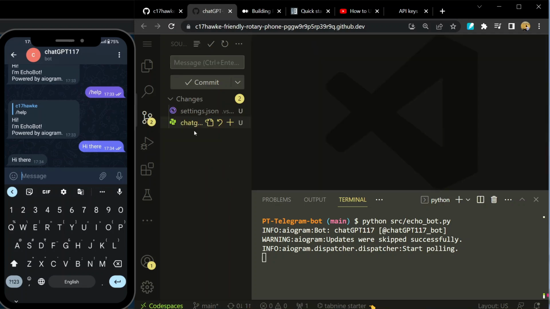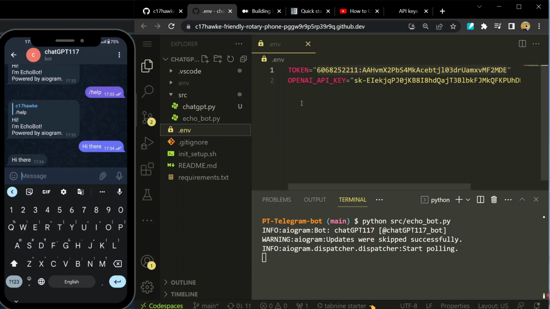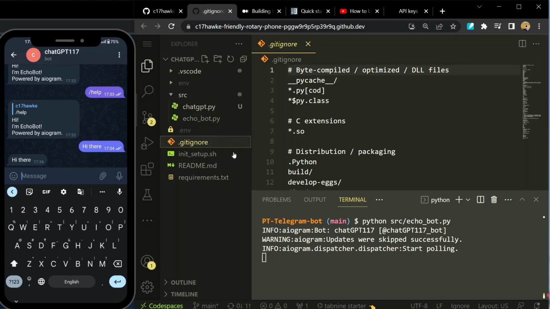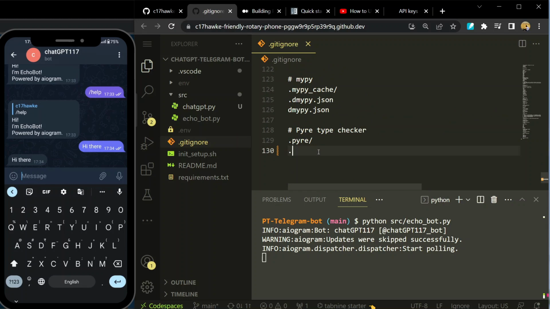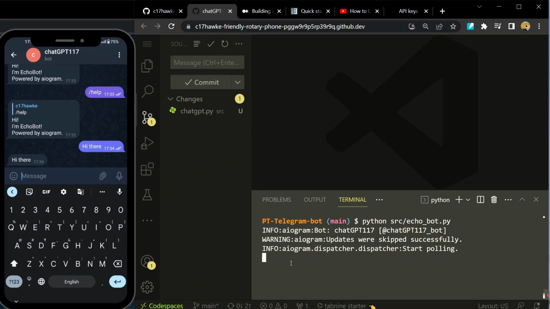I will close it. We also have settings.json here, which is coming from .vscode. It should not be there because it's a simple setting you have for your VS Code. So what you can do is go to .gitignore, and at the end simply mention .vscode/*. That means ignore everything in this .vscode folder, so it will be ignored by git. Let me also update that. Okay, so that's it for the